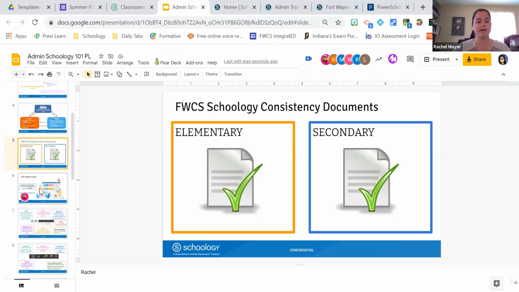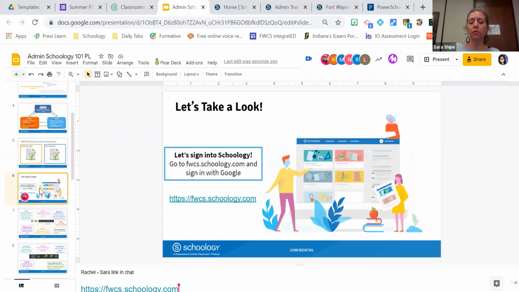And in that group we've thrown a ton of resources that Schoology gave us for the teachers who are diving in on their own. So we're not going to sit here and talk at you the whole time. We're going to get you into Schoology and doing some hands-on work in Schoology. So we're going to head out to